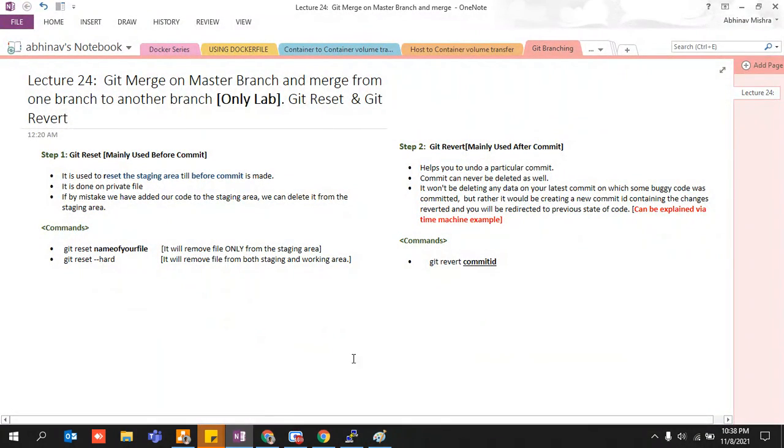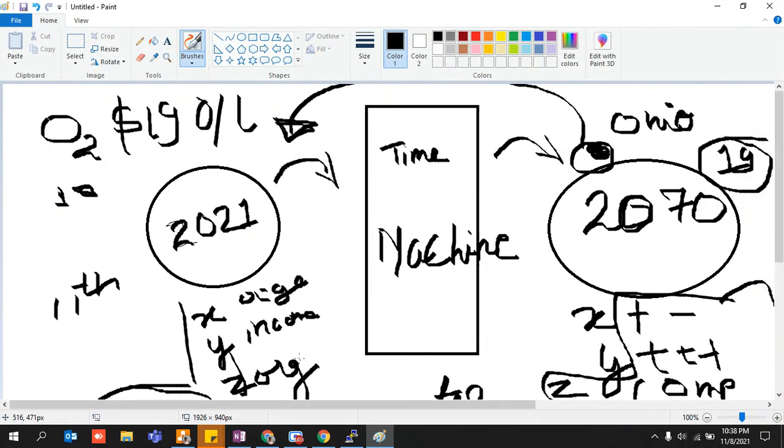So let's get back to the theory part as well. Again, it helps you to undo a particular commit. Like I went to 2070, it will allow me to come back to 2020, 2021, and the commit can never be deleted, which means that if you commit something, I went to 2070. This is the reality, but you cannot say that you never went. You cannot delete this. Again, there would be one new chapter onto my life.